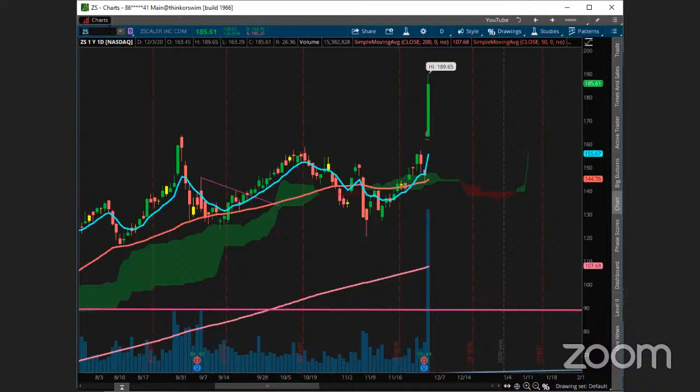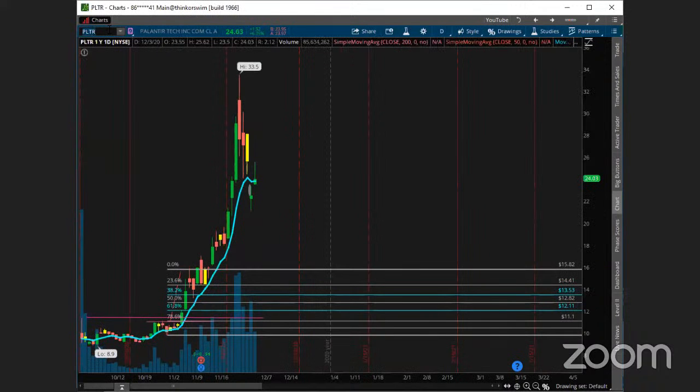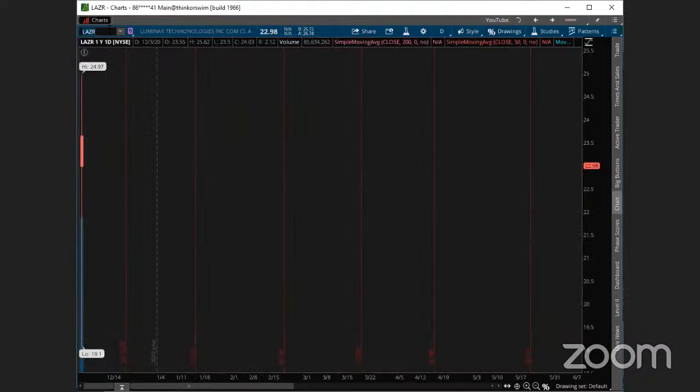Great stuff. And then the PLTR play for you. Nice. Yeah, good doji and a huge gap up on that one. Nice job on that one, too. I think for tomorrow, LAZR is going to be the IPO. That could be interesting. So gave a big move right there. Again, can't do the options on it, but good stuff there.